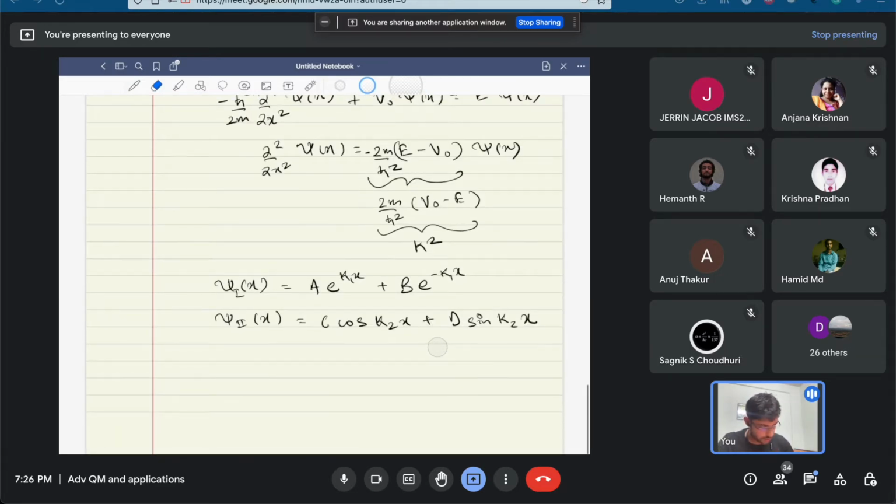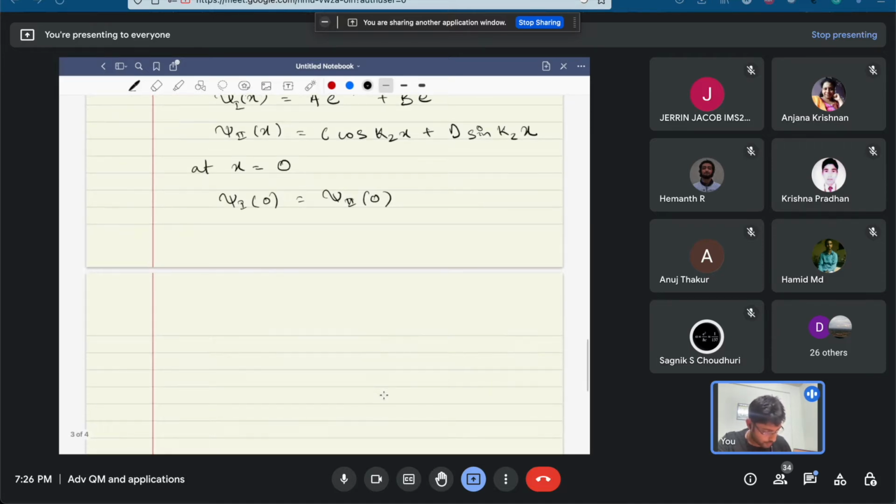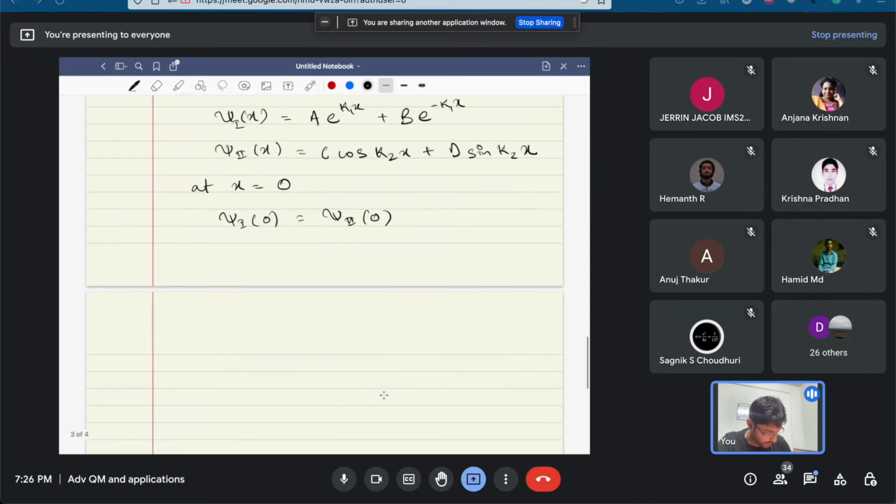So I'll just use that. So let's say at x equal to 0, we first have psi 1 of 0 should be equal to psi 2 of 0. Now that would mean that we have a